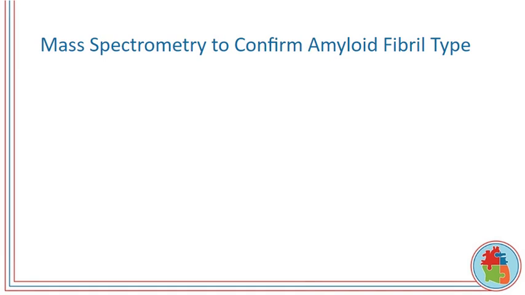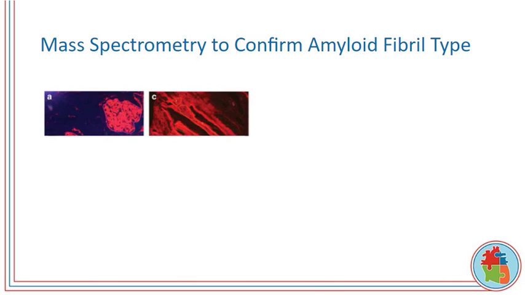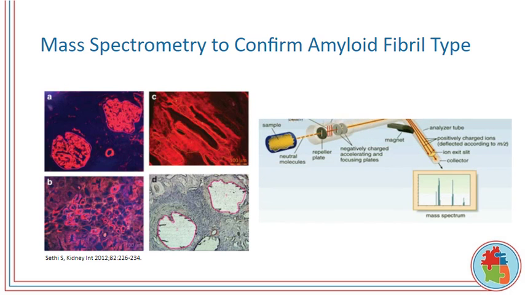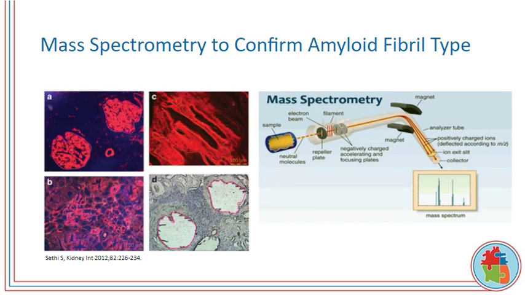The most important technique available to distinguish between AL and ATTR is mass spectrometry, which should be performed on all tissue specimens that are positive for amyloid by Congo red. Amyloid deposits are first resected from the pathology specimen using laser microdissection, as shown here on this slide for a renal specimen. That amyloid tissue is then entered into a mass spec machine